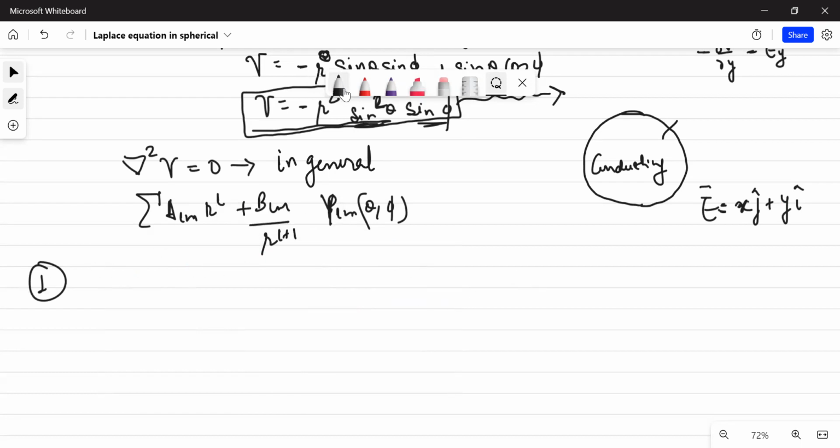So now understand, this is not the case of general. So now I cannot write that inside is this potential and outside is this potential, because even as r tends to infinity, your V is not tending to 0. So no longer can you write that this is my outside potential and this is my inside potential. So what I have to do, first thing, I know that my conducting sphere,